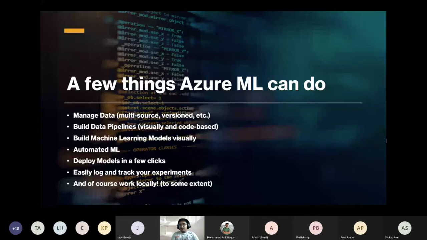And then we can build data pipelines. One of the best things is that the Azure ML service has integrated a bunch of stuff that weren't there before. So now the Azure ML Studio is a whole different thing from the old Azure ML Studio, which was a purely visual based drag and drop tool for developing machine learning models. But now it's not only limited to visual. You can also do code based if you want more control, or if it's something that's not supported by the visual pipeline.